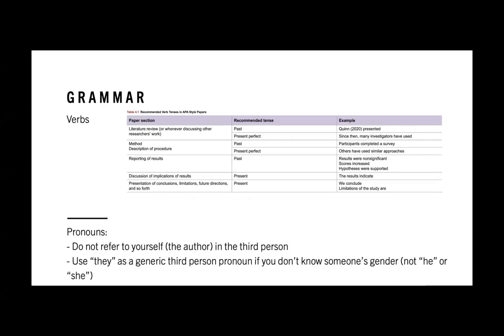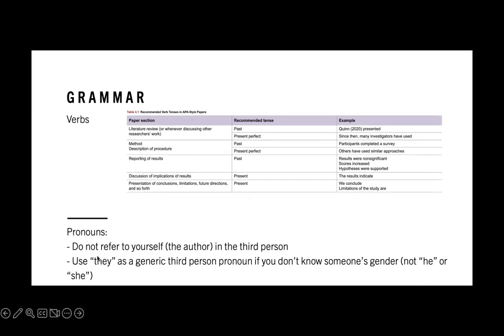Oh yeah, chapter 4 also still has some tips about grammar. So I'm not going to go through this table here, but I want you to make sure to look at table 4.1 around verb tense. This is something that's pretty straightforward, but oftentimes when you're writing, you're reading somebody else's study, and it's easy to adapt and use the tense that they've used, or be thinking about things in the present when actually they happened in the past. So please make sure to review what APA says around verb tense, which is very important.